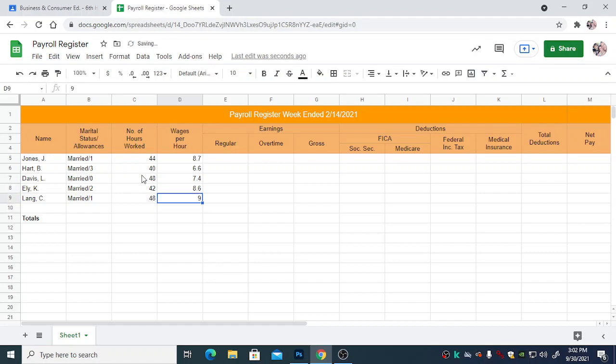And for the most part, that's all we're going to need. Now, I'd like to see these to be currency, so I'll come up here and click on the $ with them selected, and a lot of the other information will be currency as well. Regular time is anything that's under 40. So for us, if I'm looking at this here and I see that that's more than 40, I'm going to just multiply my wages per hour times